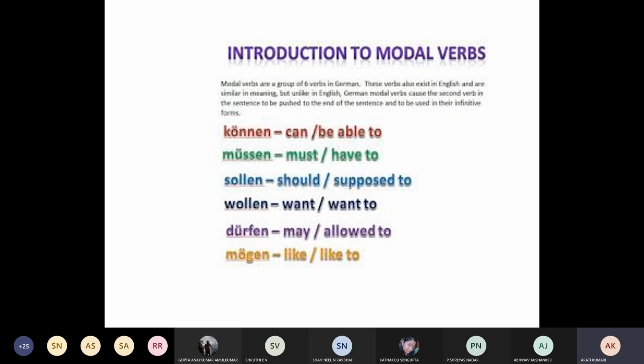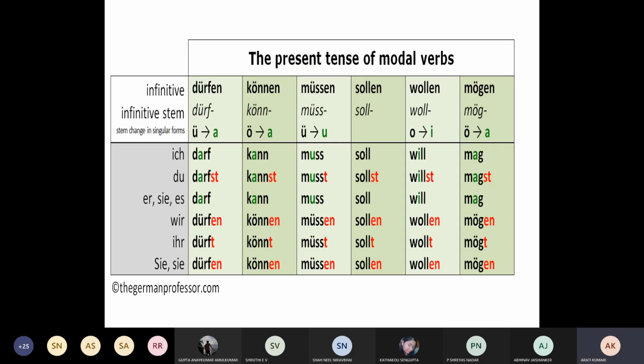So now we move to the next page and we learn how the conjugation is done. The conjugation is quite different. That's why you need to pay special attention to how the verbs are conjugated. Okay. So you can see there's a table, and in this table each verb is conjugated in a row. So let's start reading it out. On top, you have all the modal verbs in infinitive form. That's how we always do. And below, you conjugate them.